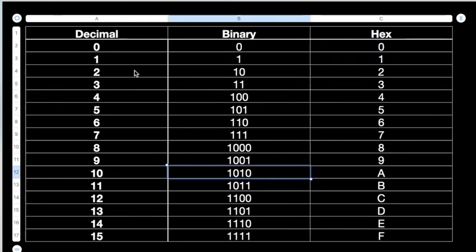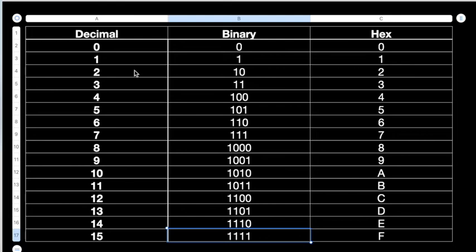But after that, 10, what we say in decimal, in hex, it's called A. 11, it's called B. 12, that's C. 13, that's D. 14, that's E. And 15, that's F. As you can see, the binary conversion is also listed over here. 10, it's 1010. 11, 1011, anyways, you already know this. 12, 1100, 1101, 1110, and four 1s, that's 15, that is F.